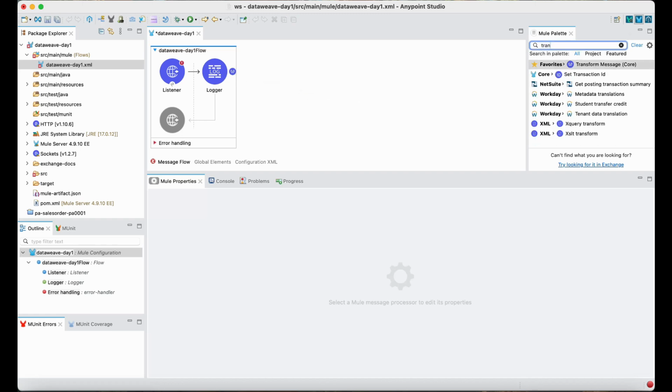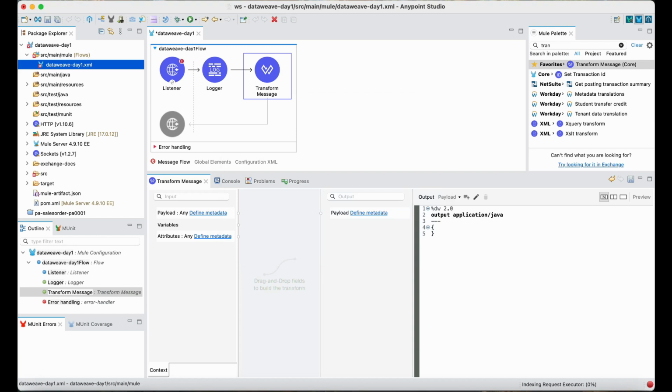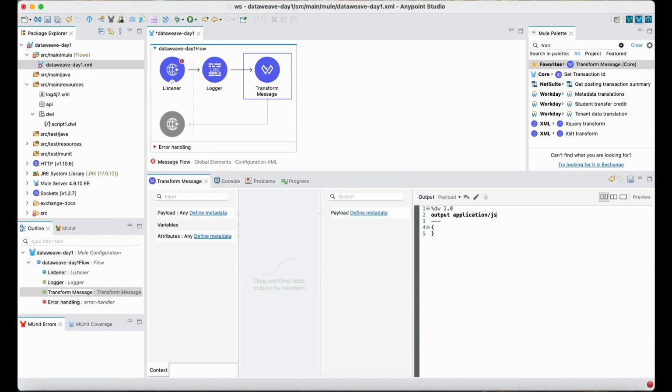Next, add a transform message component, drag transform message. It can work with payload, vars, attributes, properties. When you place the script inside a transform message component, this is where we write our first DataWeave script. Write your first DataWeave script